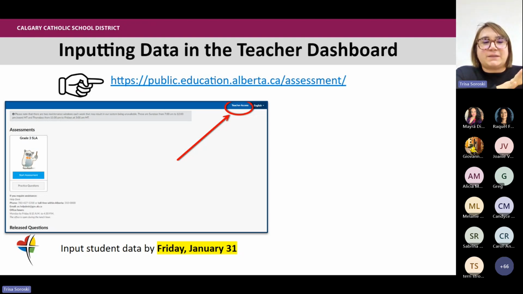Don't get misguided and distracted by the cute little abominable snowman there. I wish they put an abominable snowman by teacher access so that we would look there. But we're not getting into the grade 3 SLA platform. It's the teeny tiny little teacher access button at the very right hand corner. And if you can't find it, reach out to Camille and I. We will walk you through it because we probably couldn't find that for the first few months that we did this. So that's the number one spot that we get stuck, just finding access to it.